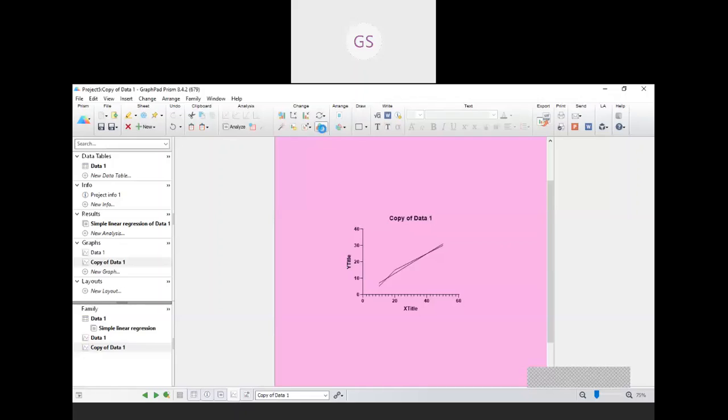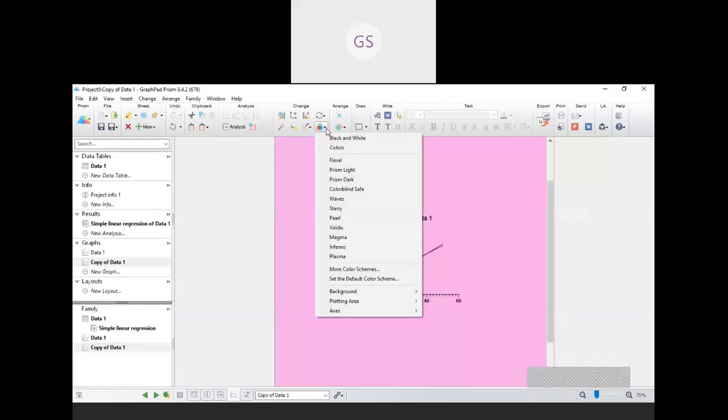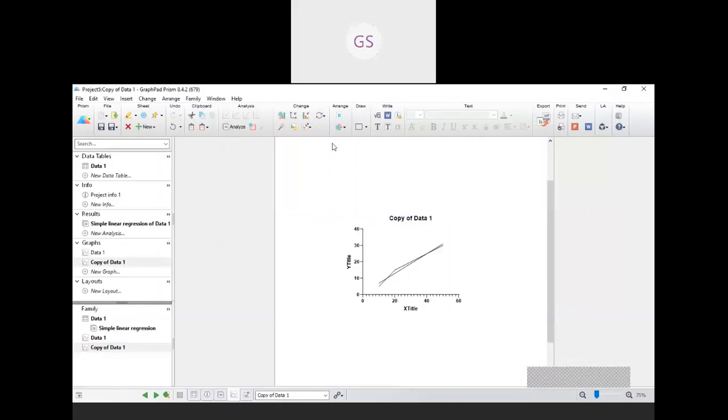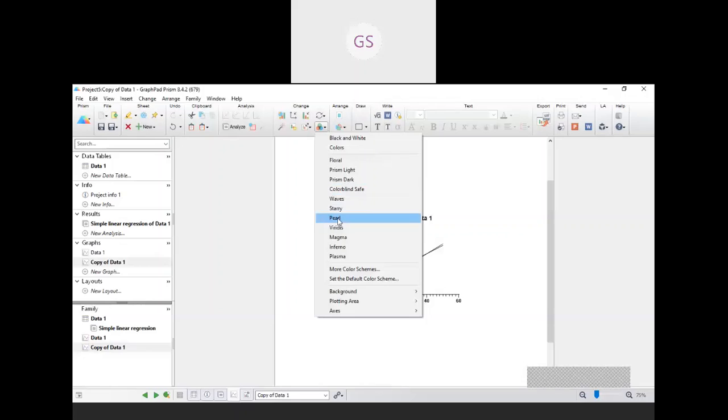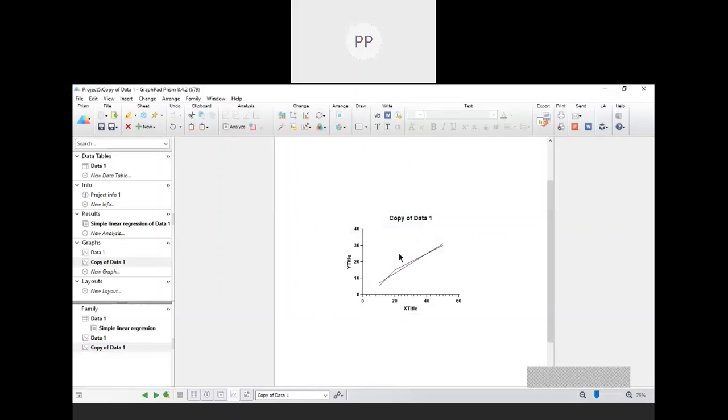Here color also. You can get colors in two ways, right click, or otherwise you can go here. This is color: black and white colors, floral, Prism light, different colors are there, pearl color is there. So it will change by itself.